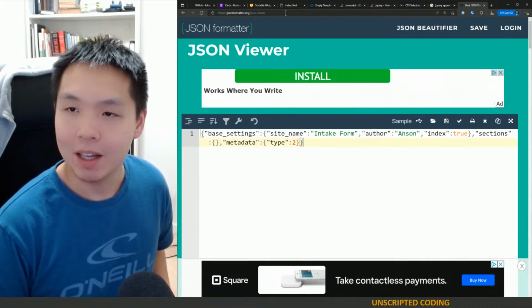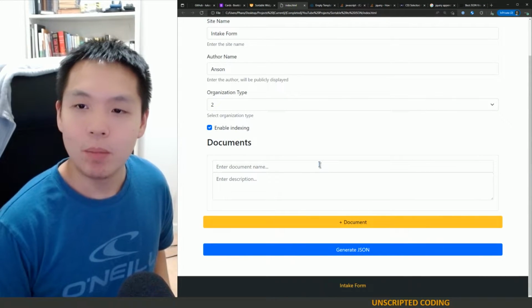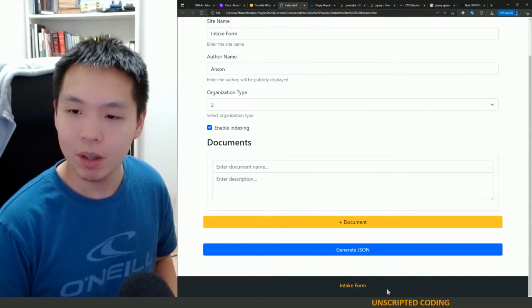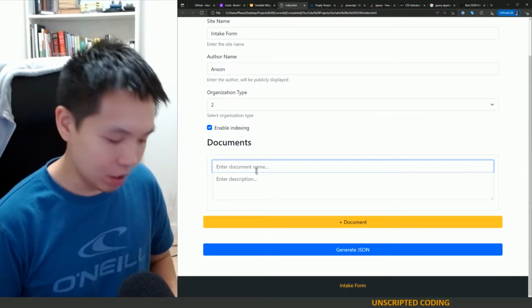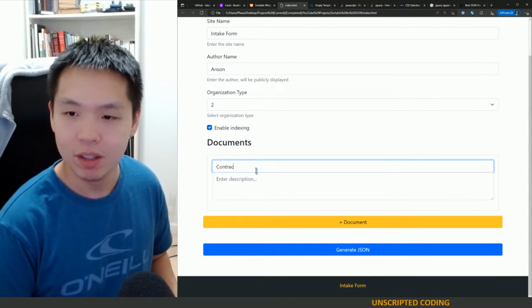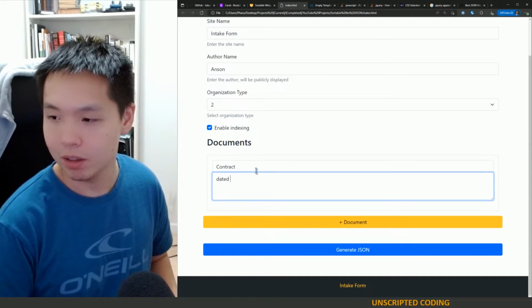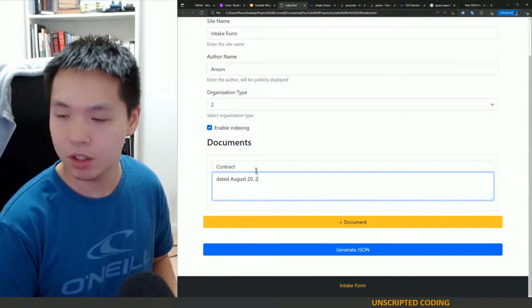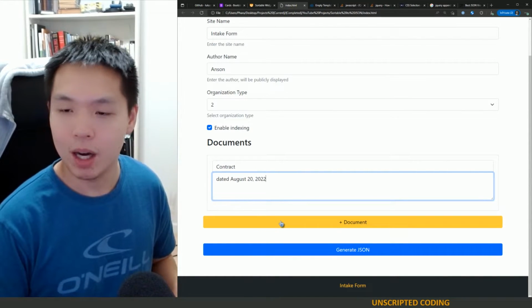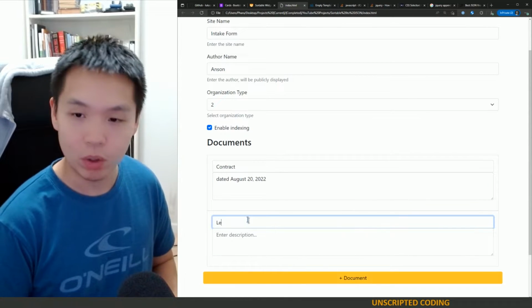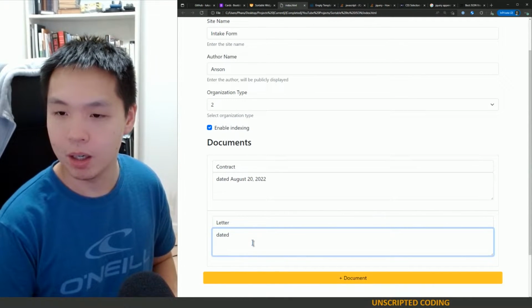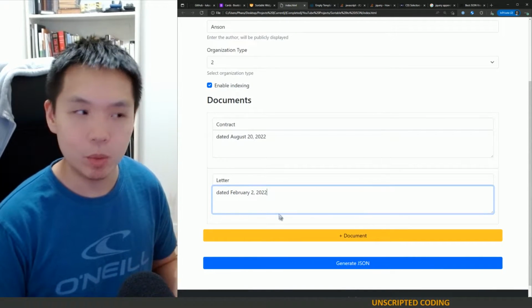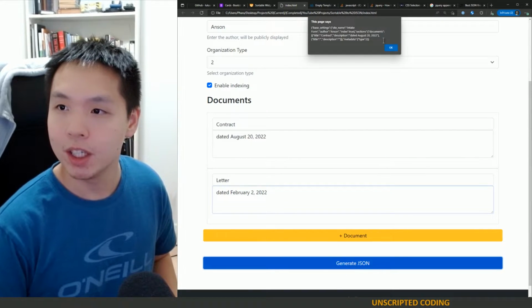Now, the next set is our documents. My users are going to have dozens and dozens of documents, and so I'm giving them the opportunity to add documents. For now, let's just say contract, and it'll be dated, let's say a few weeks ago, August 20th, 2022. And I need another one, so we'll go letter dated February of the same year, 2022. And I can keep going. And if I generate the JSON, you'll see,